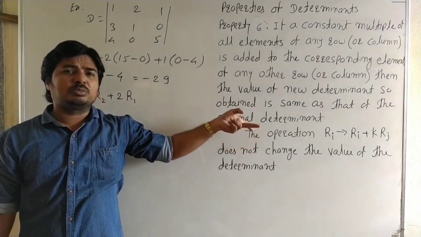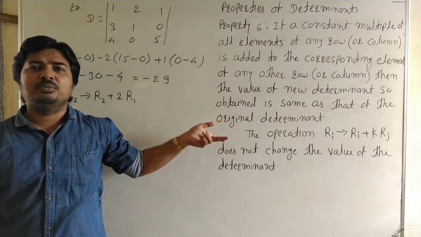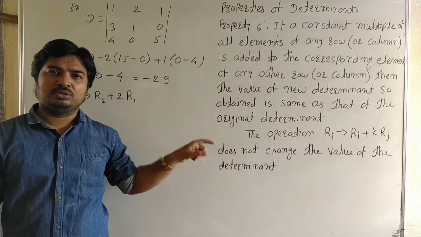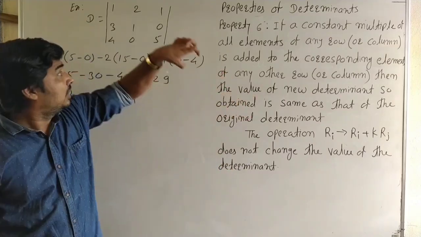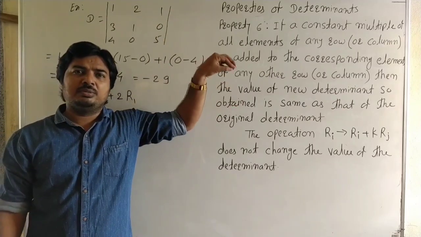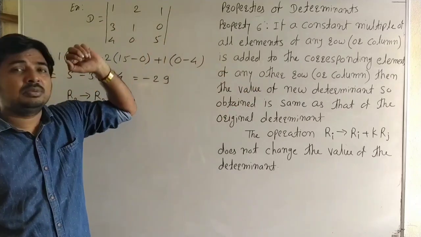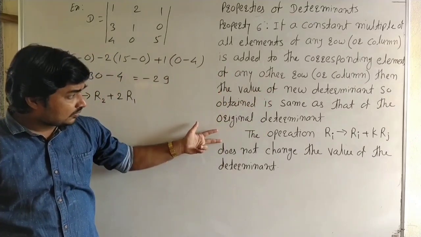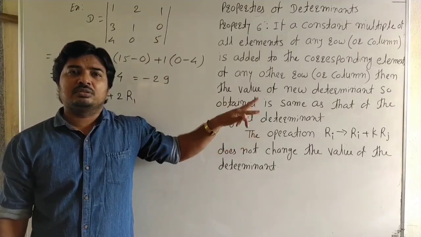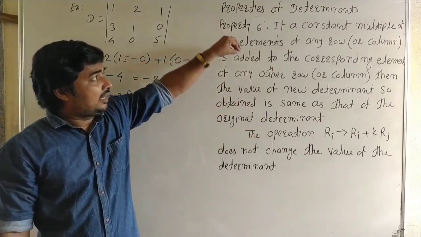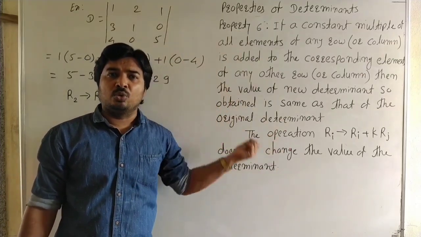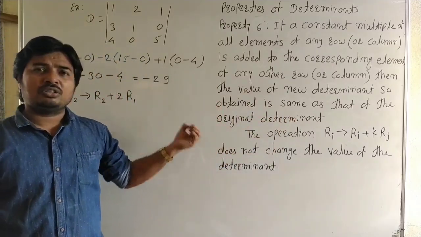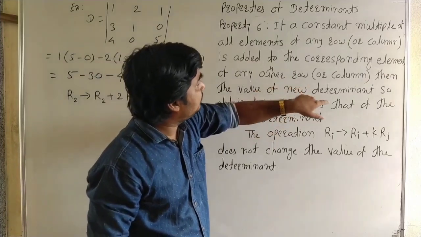Now this operation means transformation. What is a transformation? The calculation between any two rows. In each row there are 3 elements or 2 elements. If the determinant is 2 by 2, in each row there are 2 elements. If the determinant is 3 by 3, in each row there are 3 elements. Transformation means the calculation between any two rows, multiplying all elements in a row by some constant, and the calculation is addition or subtraction. Here we use only one word, that is addition.